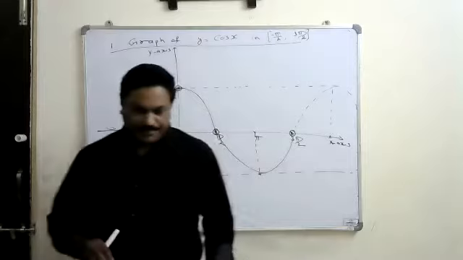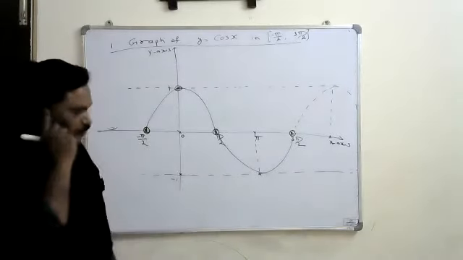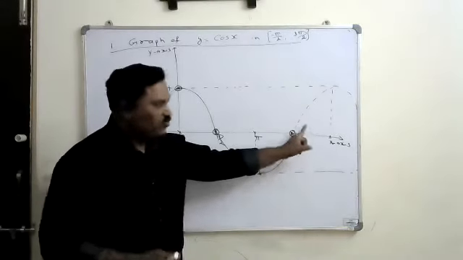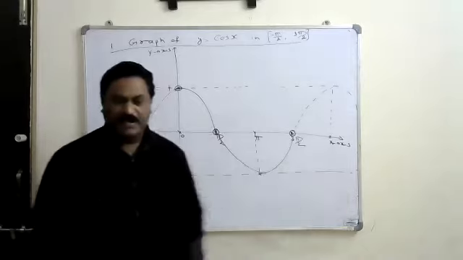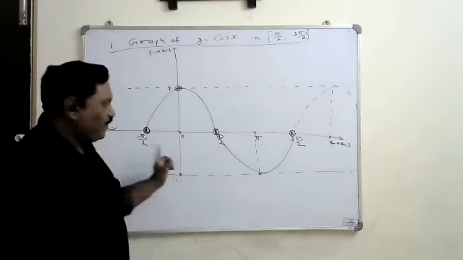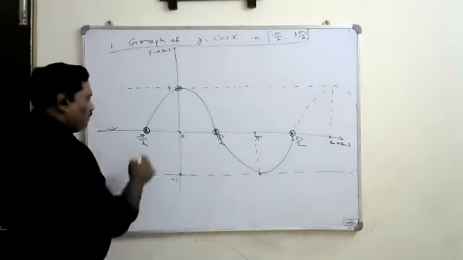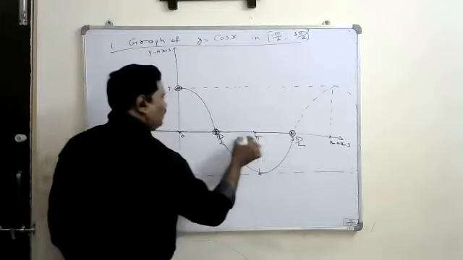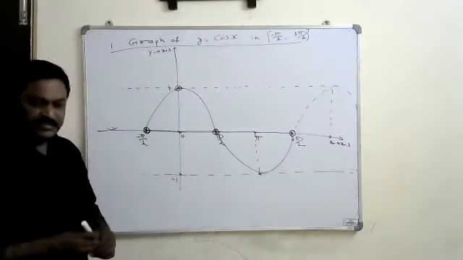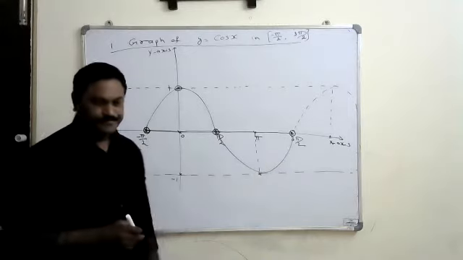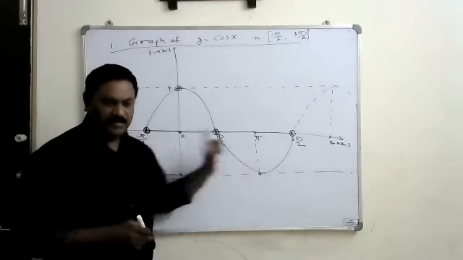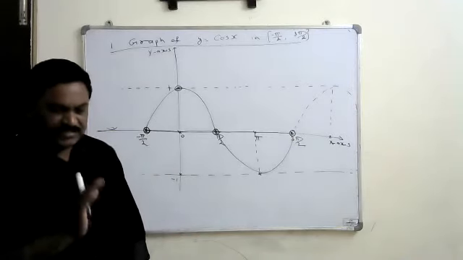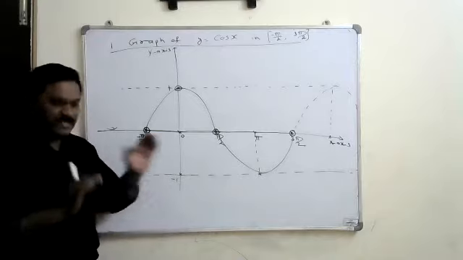Is it periodic or not? Yes, it is. Further, if you continue the graph, the same graph is going to repeat. That is what periodic means. What is the period of this? This is 90, this is 90, this is 90, this is 90, and that is total 360, which means 2 pi. It is completing one rotation of 360 degrees. That's why the period of the cos is also 2 pi.